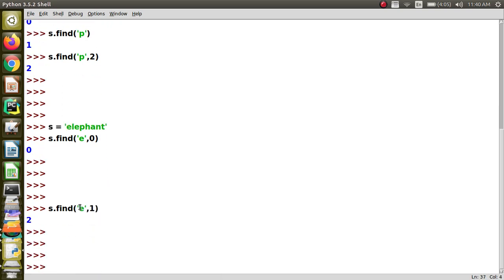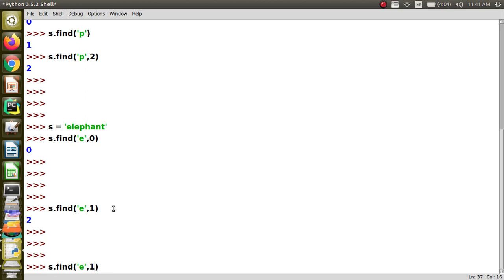Now you can see that it occurs at position 2. For human interpretation we saw that it is at position 1 and 3, because we start the position from 1. But for programmatic interpretation, the index starts from 0. So the occurrences are at 0 and 2. Fine. Now we know that in elephant only 2 times e occurs.